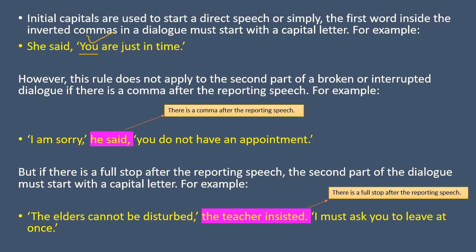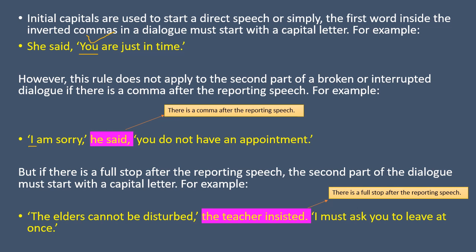Now keep this in mind, because we are going to talk about something which is very similar and at the same time different. However, this rule does not apply to the second part of a broken or interrupted dialogue if there is a comma after the reporting speech. For example, now look at this very carefully. The first letter here is obviously the sentence opener as well, and at the same time it is a pronoun I, so it is always capital. "I am sorry," he said,